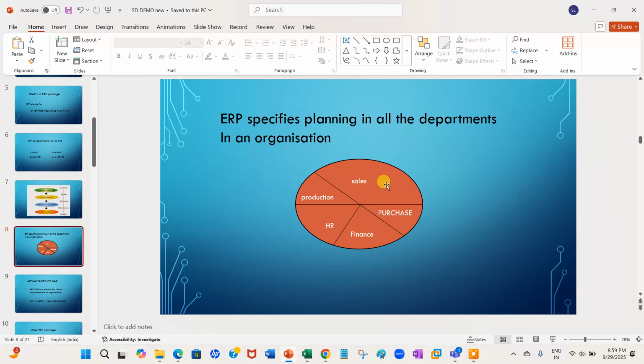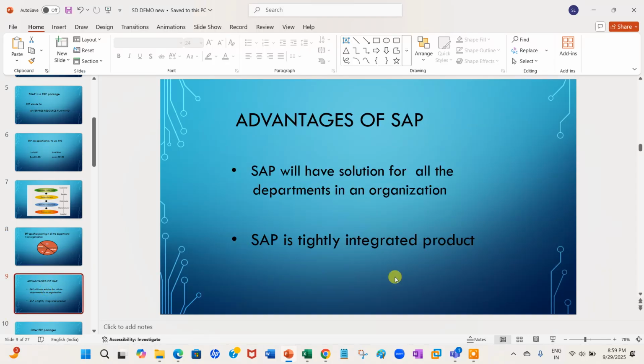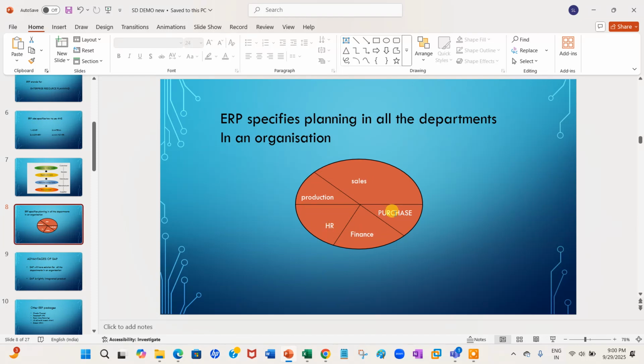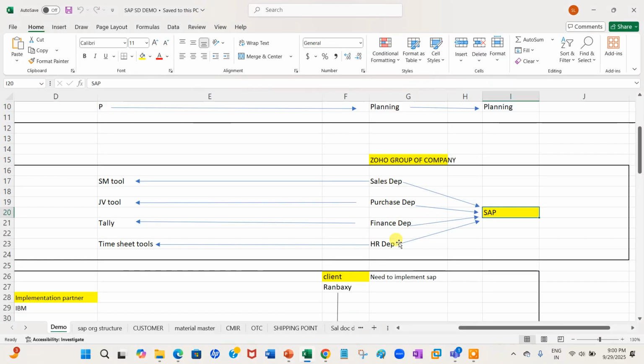When coming to production, what will happen? The production of things happens like that. So, advantages of SAP. SAP will have a solution for all the departments in the organization. It's a tightly integrated product. If you see here, it will have a solution for all the departments.